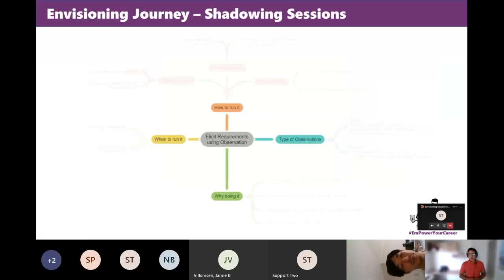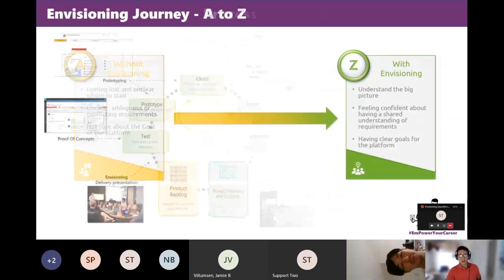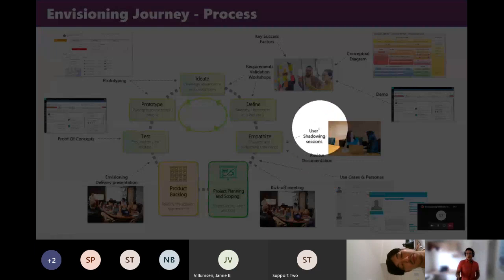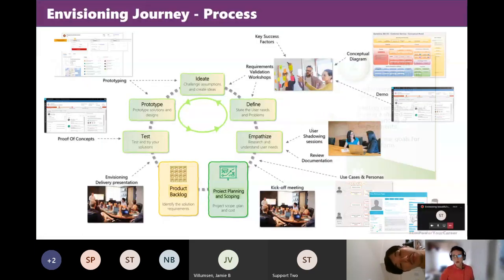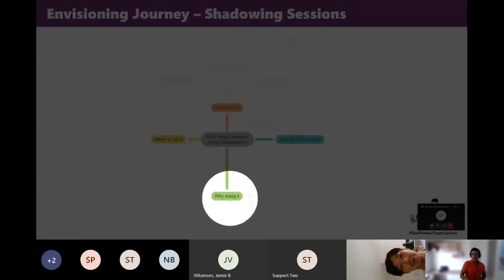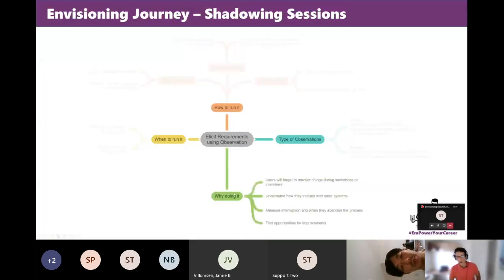A couple of tips on shadowing users. So as I said, right here in that diagram, the user shadowing sessions are very important in my opinion, right? So a couple of tips on how to do them and how they run. So if we start with why do them, you understand here why it is so important to run